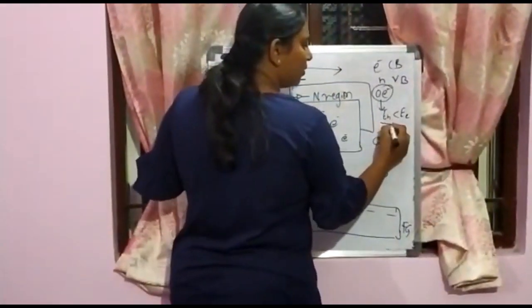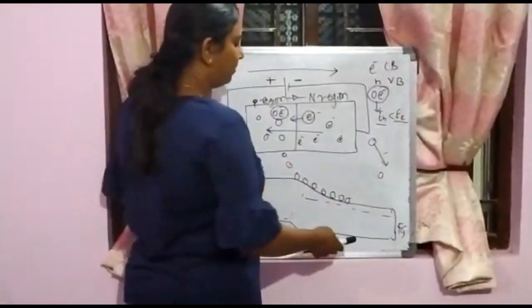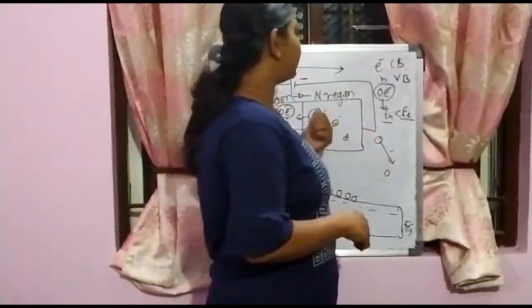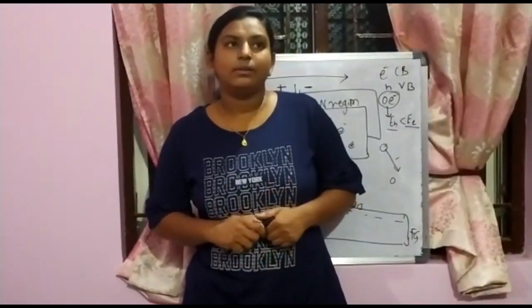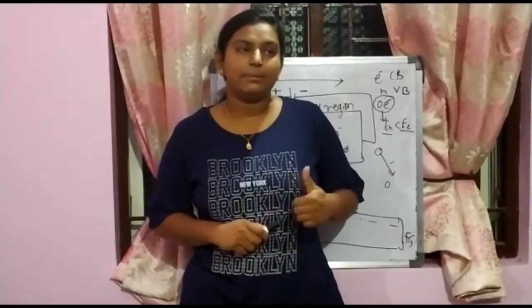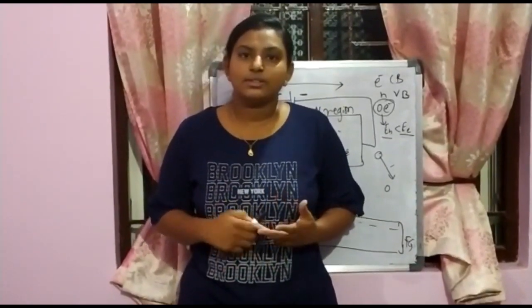The energy of the holes is less than the energy of the electrons, and the energy of the photon depends upon the forbidden gap. This is all about the PN junction diode. We will see about the applications of the PN junction diode, LEDs. They are used in digital watches, digital clocks, computers,